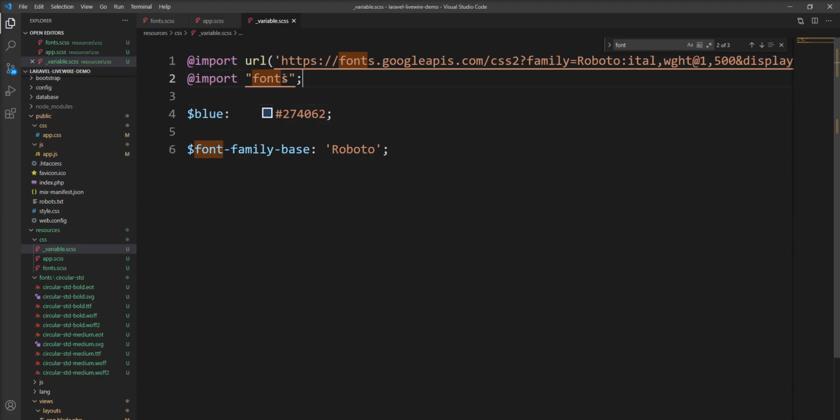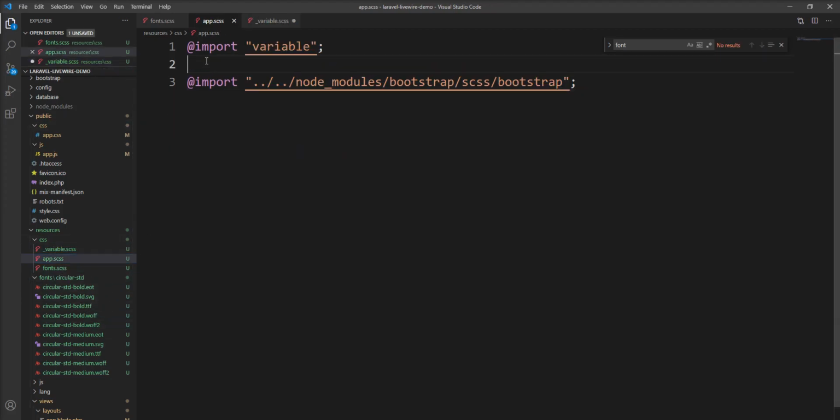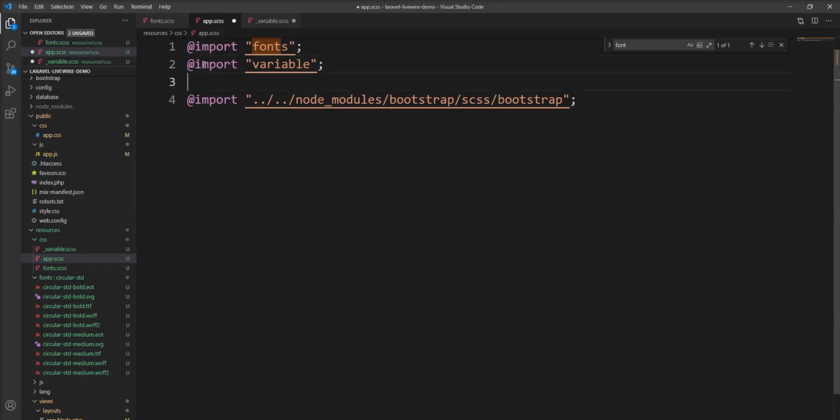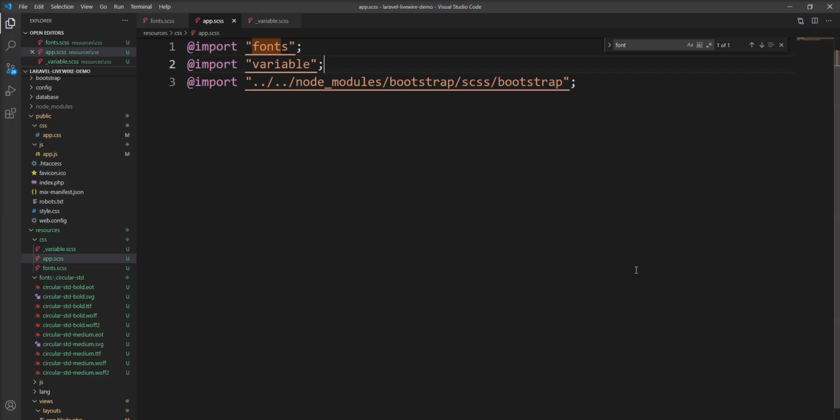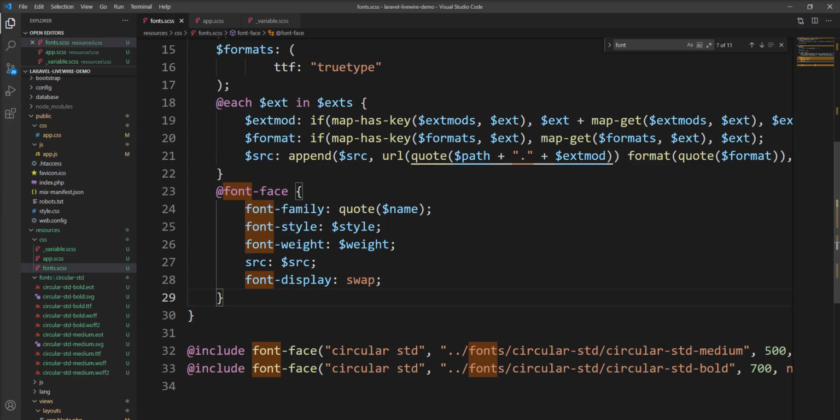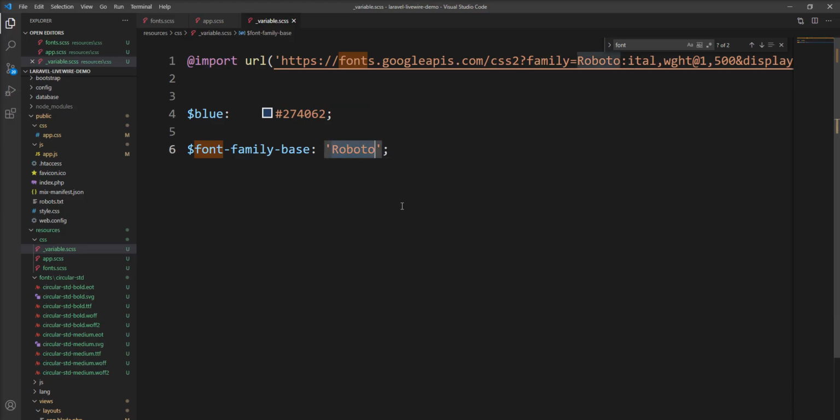Also we can declare this file in the app.scss file. So let me specify here. Now I need to give this Circular Std font name into the variable and replace it with Roboto.